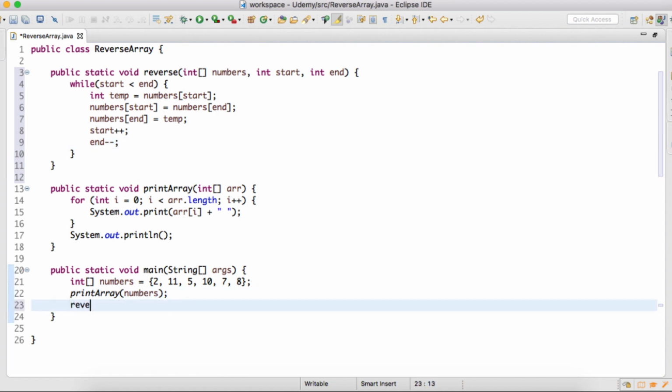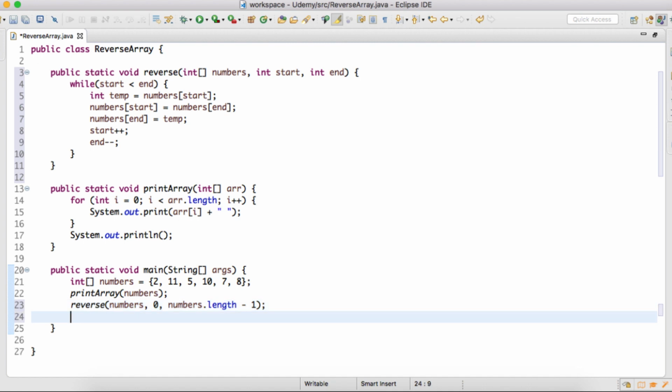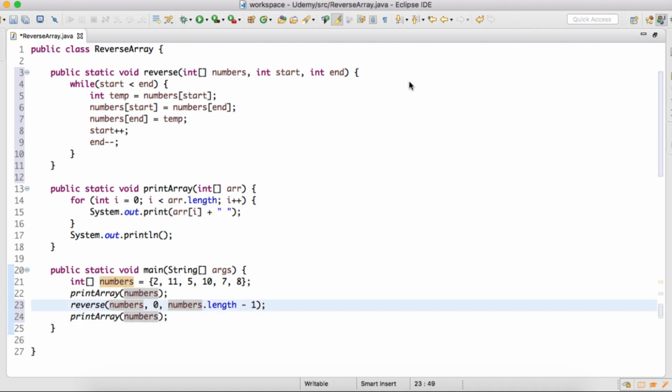So here I will call the reverse method by passing in the numbers array, and the start position is 0 and the end position is numbers.length minus 1. So between this range the array will be reversed, and finally we'll print the array. So if I run the code now,